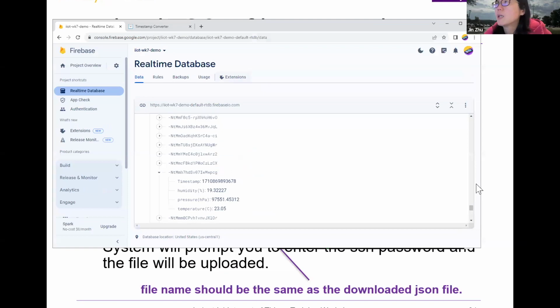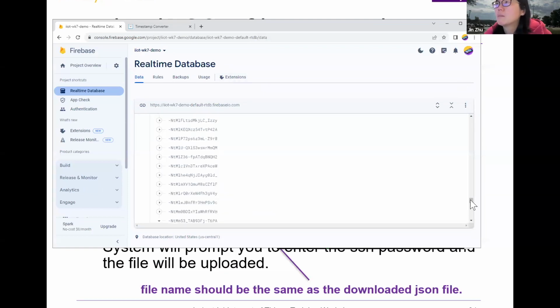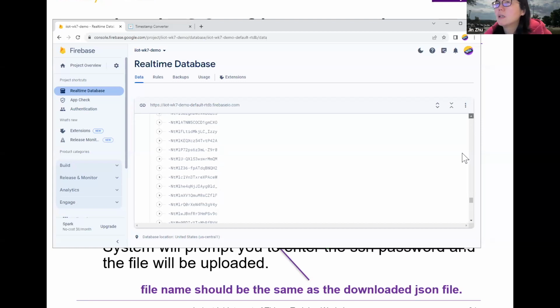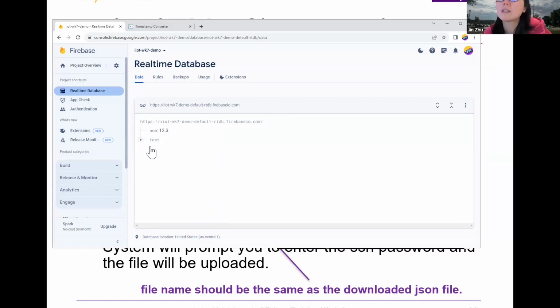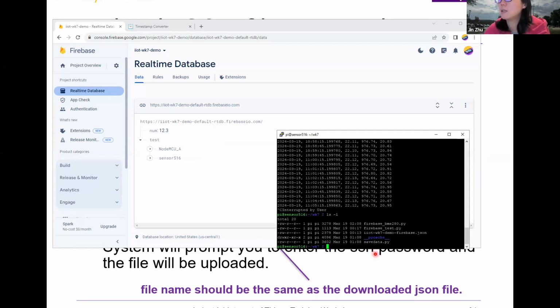which we have now. There are many entries and it keeps reading the data. My computer today is really lagging. Okay, so that's a test. And then you have the NodeMCU for sensor 15. There are two different sensors. They are sending data to it. Now what we have over here, if I'm going to have a quick look at your Firebase